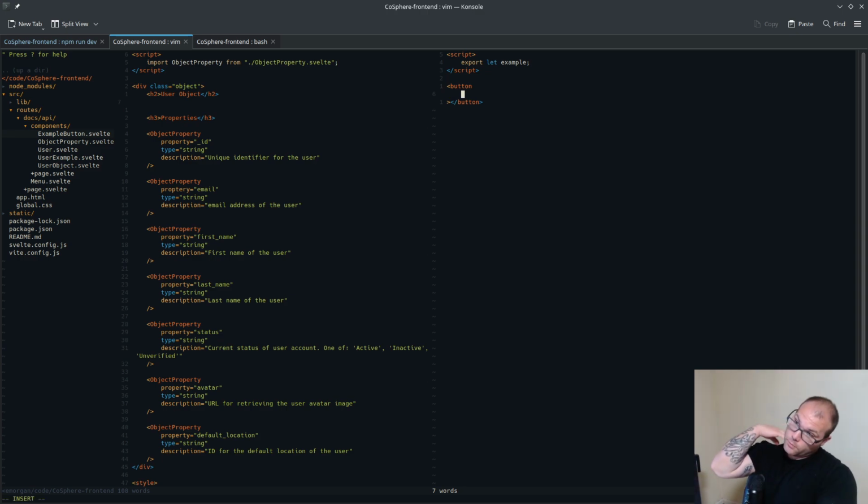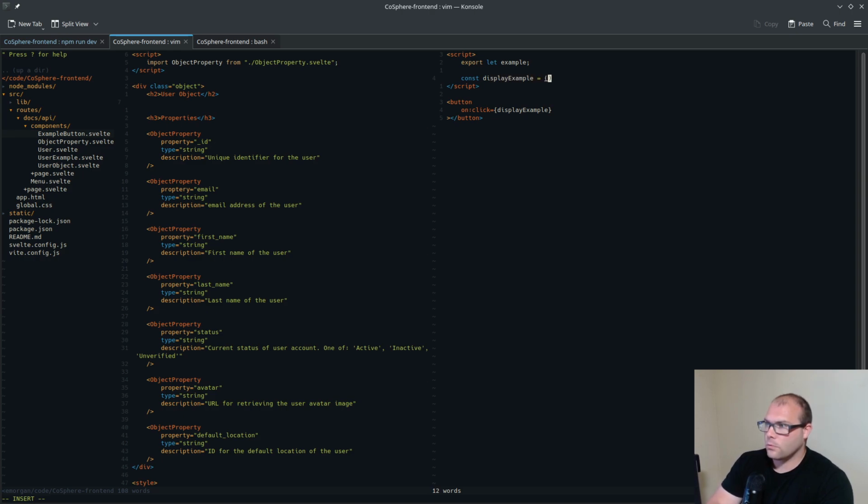So this is going to be on click equals display example. I think that's it. So launch display example is, get to that. Oh yeah, so it's